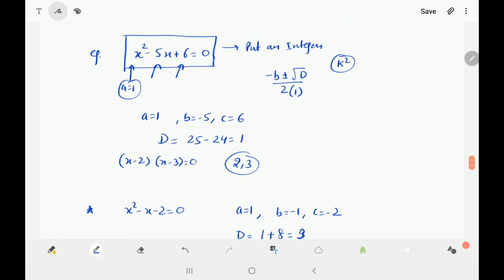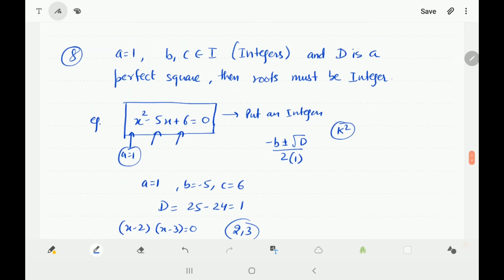So always remember this property, it is quite important in solving problems also. If you want to check whether a quadratic equation has integral roots, then always first make the leading coefficient 1. A is known as the leading coefficient, or for a cubic equation, if we write ax cube plus bx square plus cx plus d equal to 0, then a is the leading coefficient. Leading coefficient means the coefficient of the highest degree term. So a equal to 1 is the leading coefficient. Make the leading coefficient 1, b and c must be integer, and d should be a perfect square. Then definitely the roots will be integer.